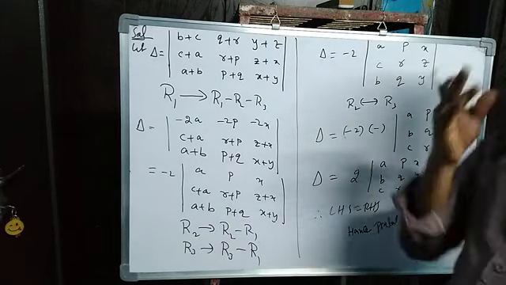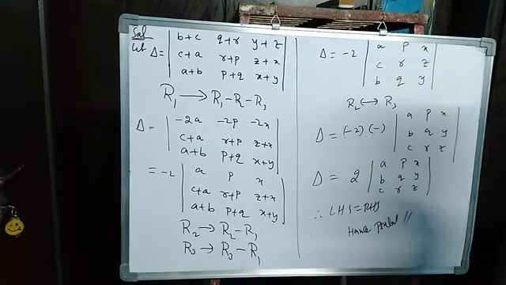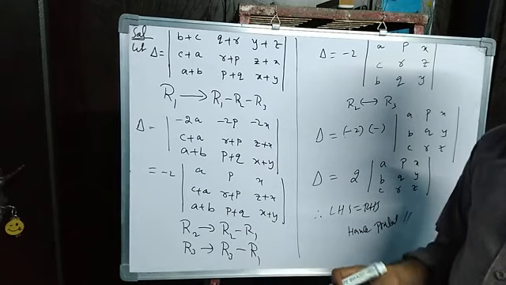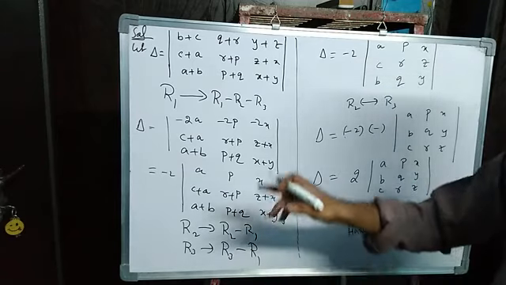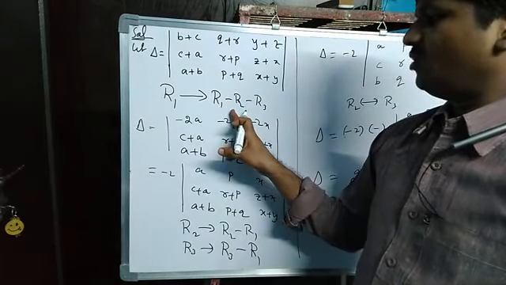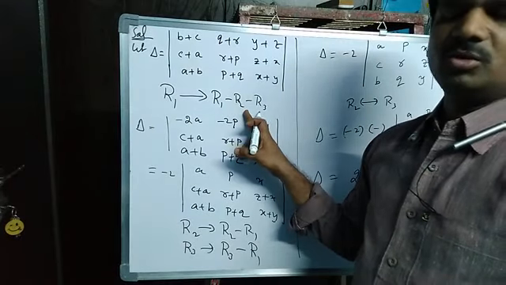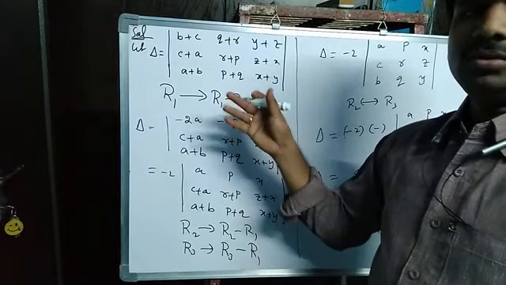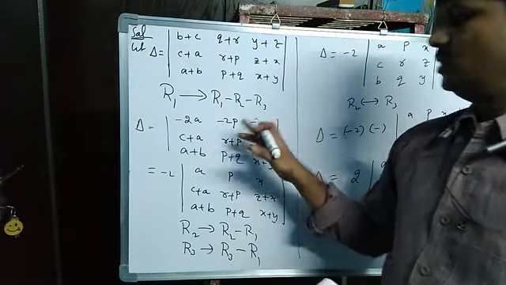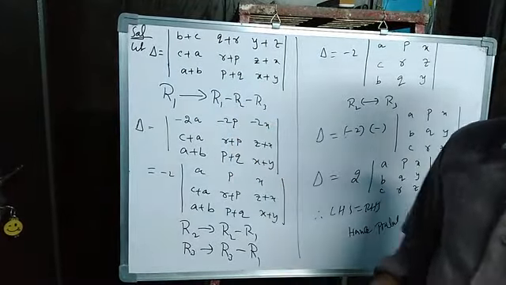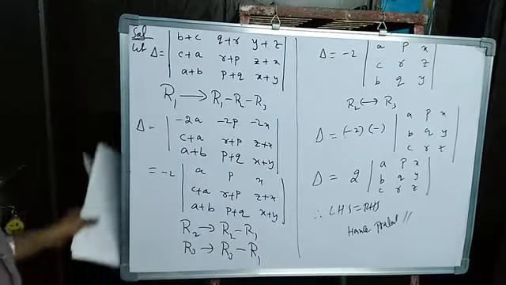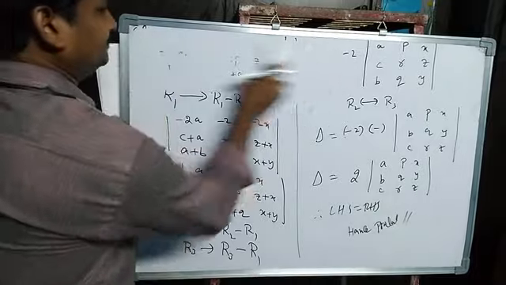See, to understand these applications of properties, it takes a little bit of time. First understand carefully. But we cannot say why we are using these properties or why we are using these operations like that. You have to understand from the problem itself whether we have to do it like this or like this. So remember, that is about this question. Next.